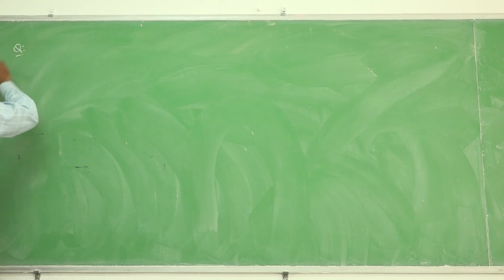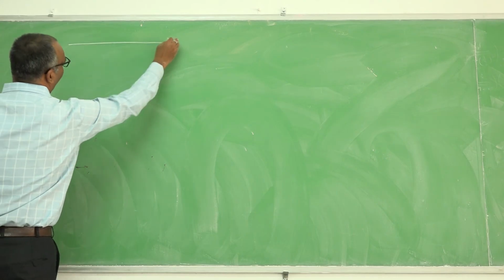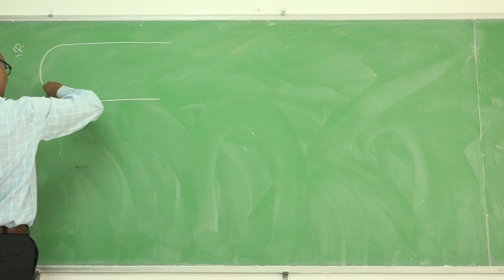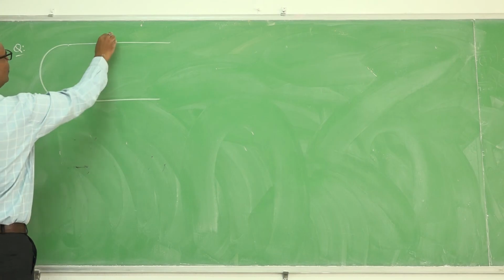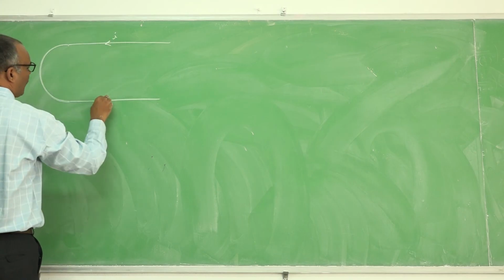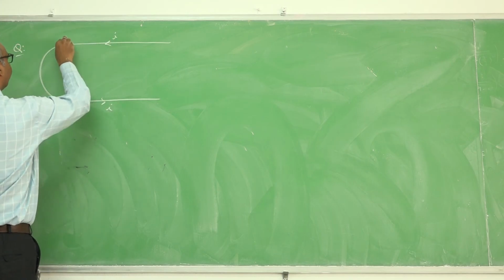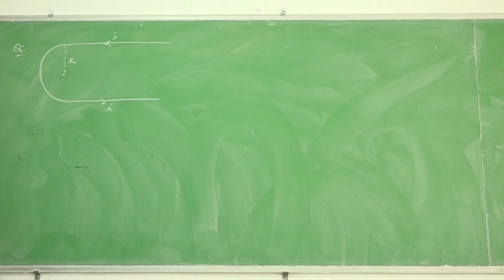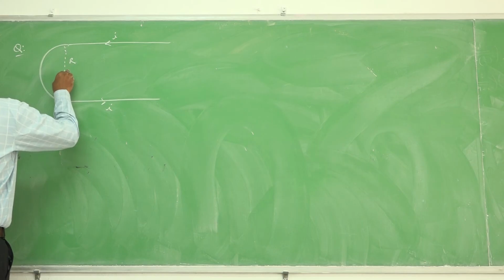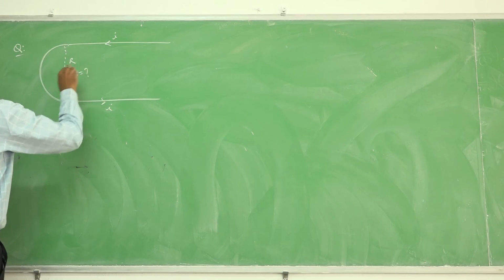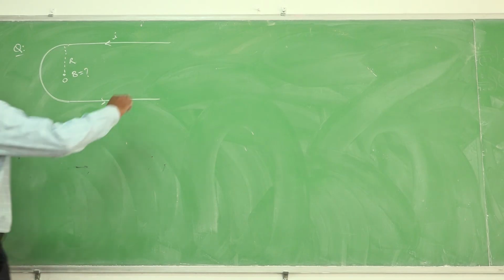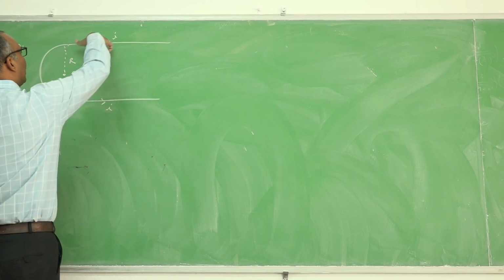The question is like this: there is a wire like this. It is carrying some current I, having some radius r. You are asked to find magnetic field at this point O. How much? We need to find the magnitude as well as direction. Observe clearly. As the current is going like this,